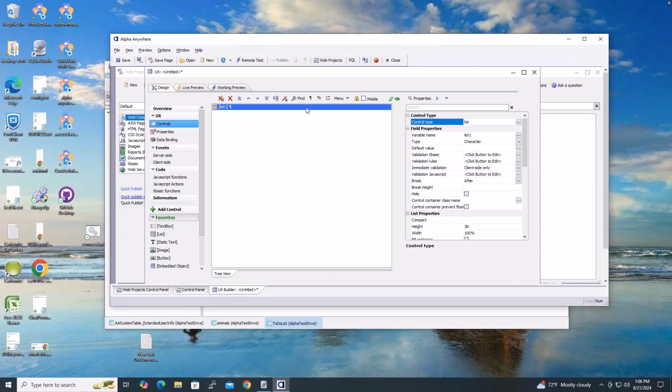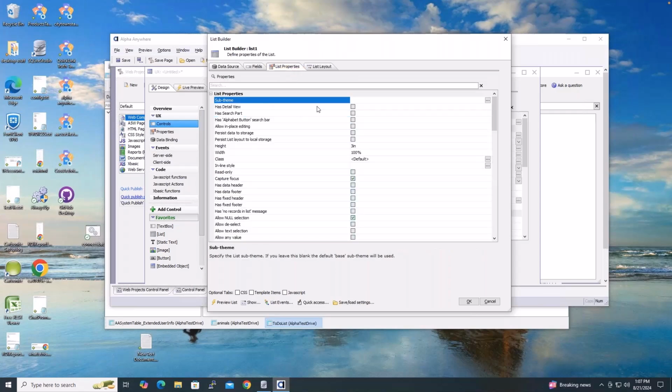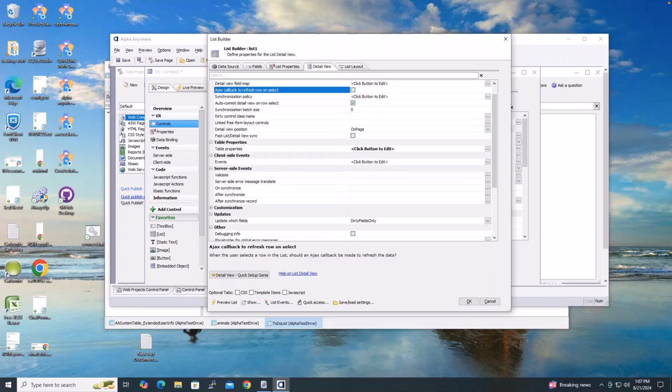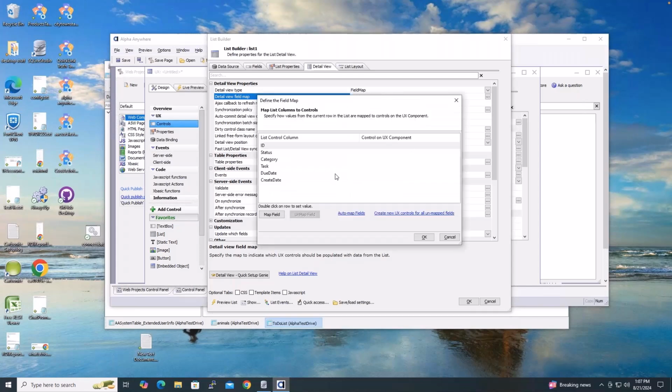I'm going to double click on the list, and then I'm going to go into the list properties, and I'm going to check this second option here called has detail view. And as soon as I click that, you'll see I have a new tab that appears. It's the detail view tab. So I'm going to click on that detail view tab. And we're going to say field map is what we want to do. And it says, what can you map the fields to